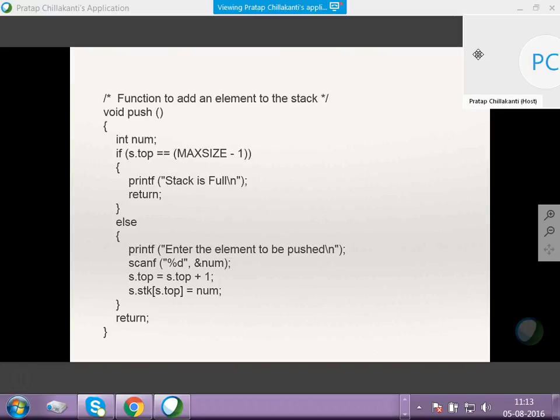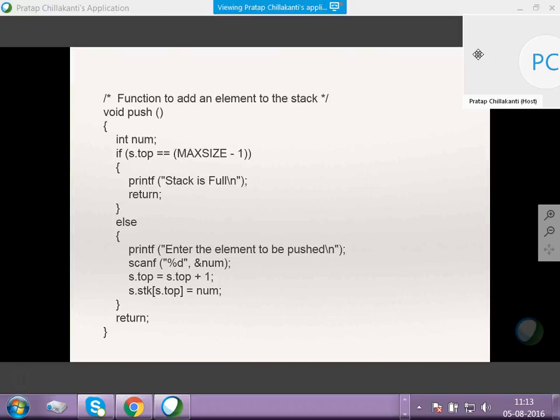I'm assuming you're following that, right? A simple piece of code there, right? So you want to push, before you push, you want to make sure that the array is not already full. That's all you're checking there. Okay? Now, if that is not true, then you come to the else branch, right? Then you're asking the user, enter the element to be pushed. Okay? So whatever element the user is pushing,